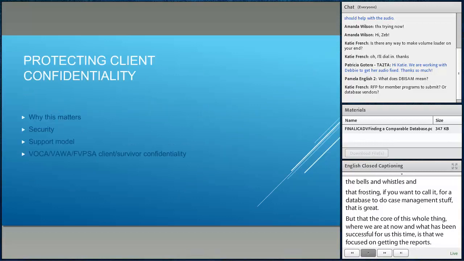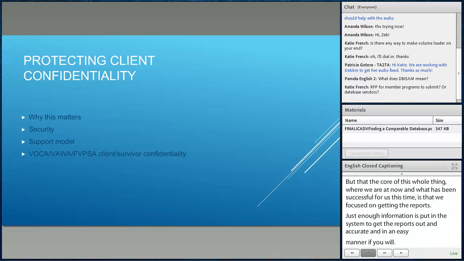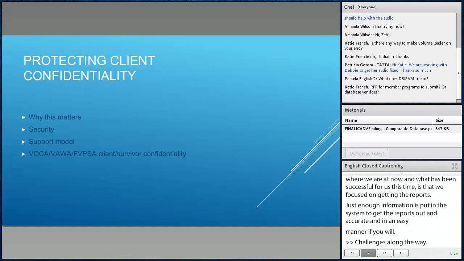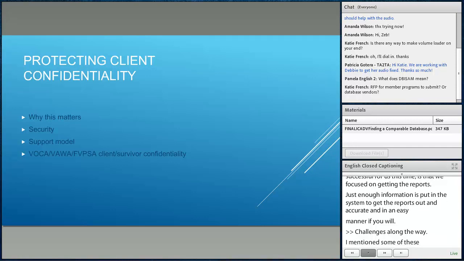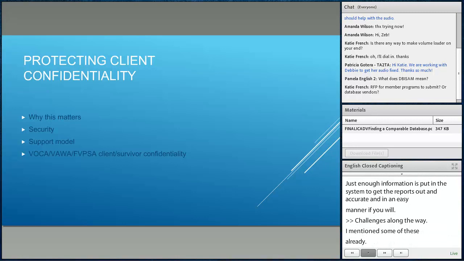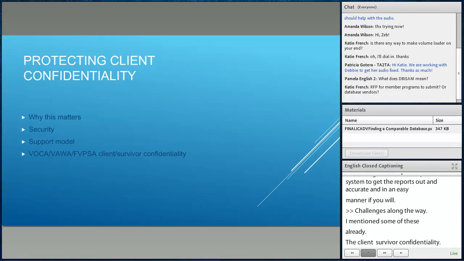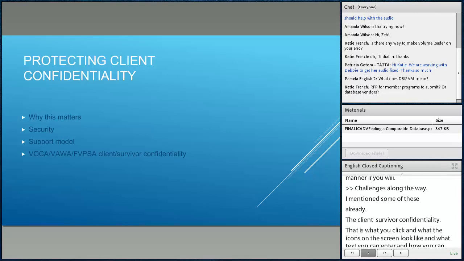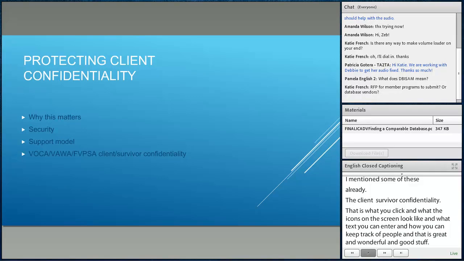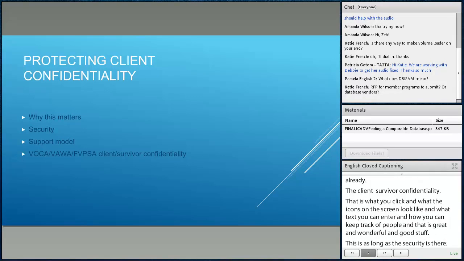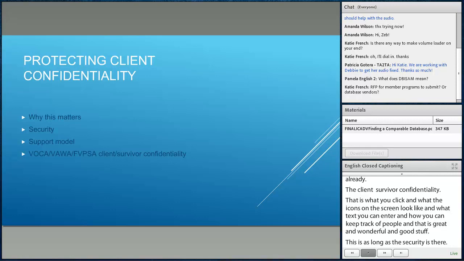Challenges along the way. I mentioned some of these already, but VOCA, VAWA, FIPS, the client survivor confidentiality. And that's what you click, and what the icons on the screen look like, and what text you can enter here and there, and how you can keep track of people. That's great. That's all wonderful and good stuff, as long as the security is there. And like I mentioned, our first two vendors did encryption and this, that, and the other, and touted that they could do everything under the sun. When push came to shove,